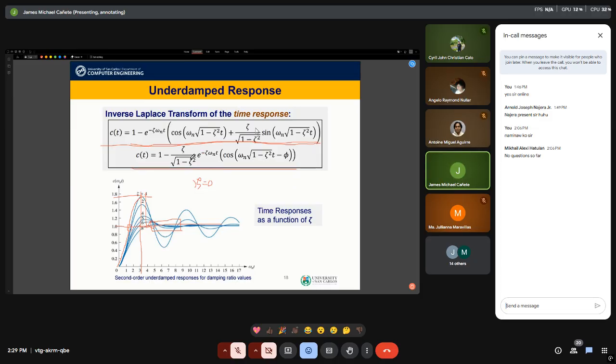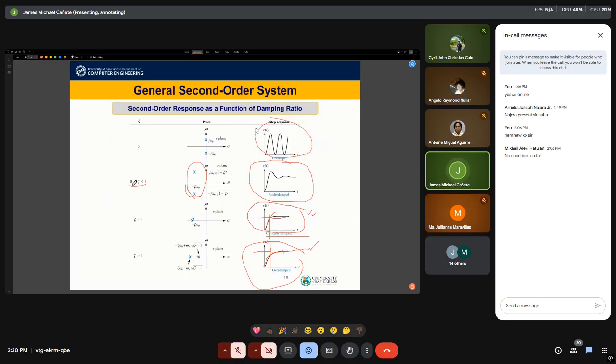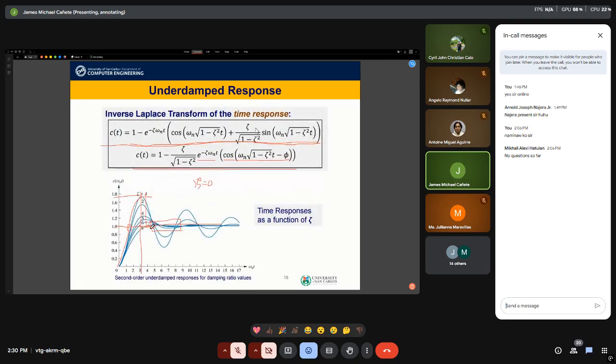It's very beautiful. We still have the exponential component and the sinusoidal component of the system. Zeta and these are just numbers that we need to identify. So in the summary, in the specific underdamped case, it is defined as underdamped if your value is between 0 and 1, not including 0 and not including 1. This is a plot comparing systems where the damping ratio is 0.1, 0.2, and so on and so forth, from 0 to 1.